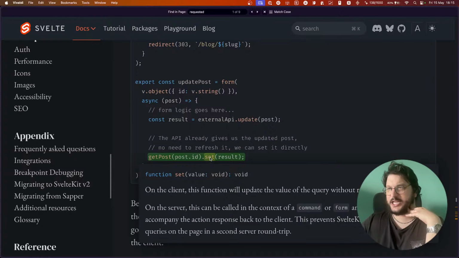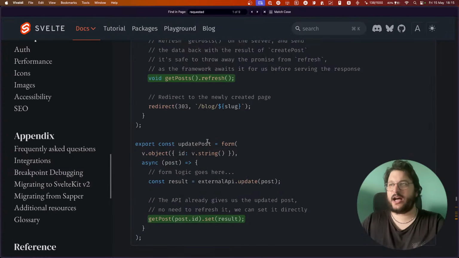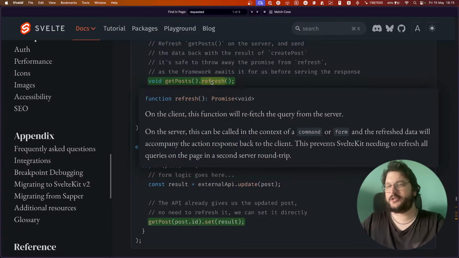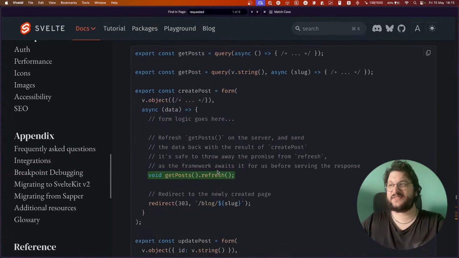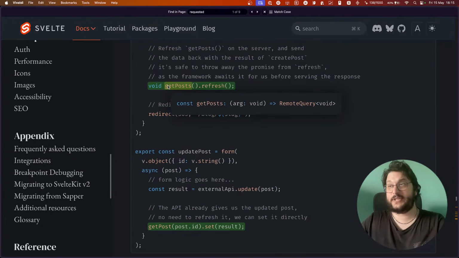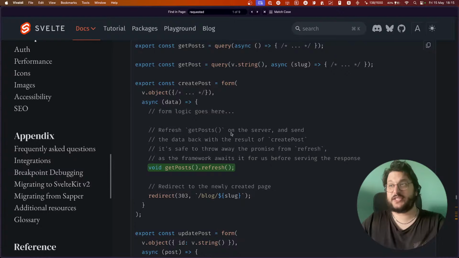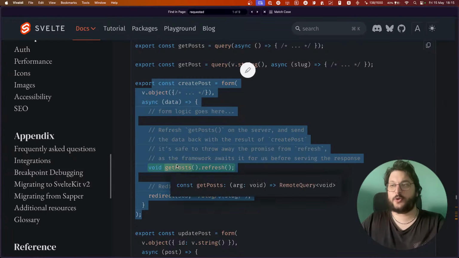Oh, I think this changed the name, but regardless, this was refresh before. But basically the point is, you can just do refresh if you want. This is telling Svelte, hey, please, get post now needs to be called once again. This form is changing the value of get post, so please fetch it again.